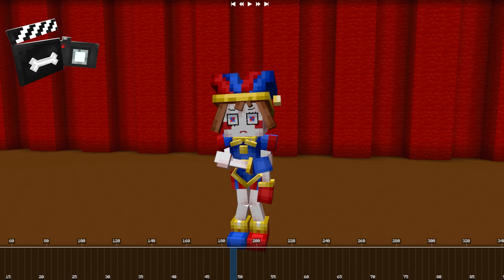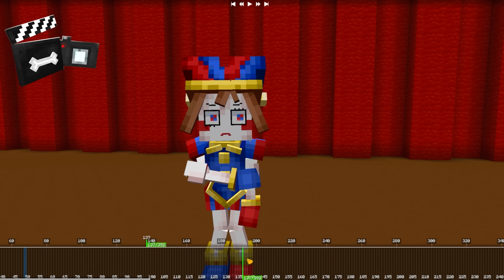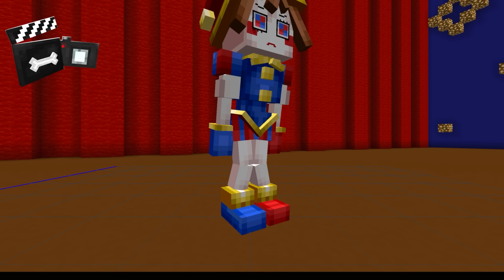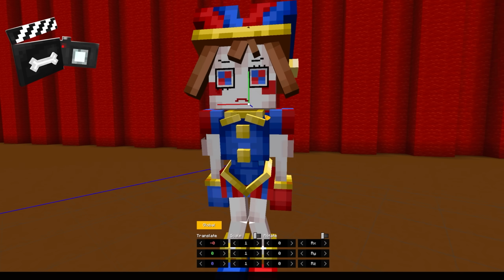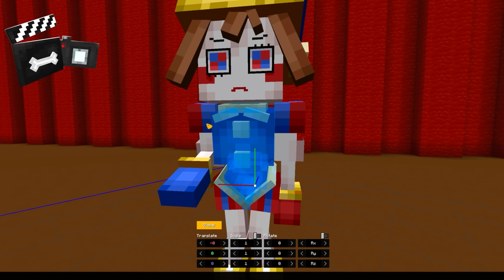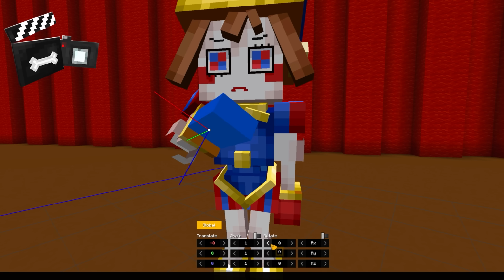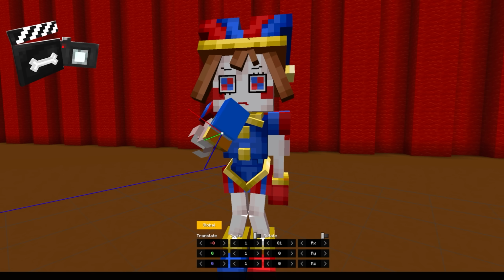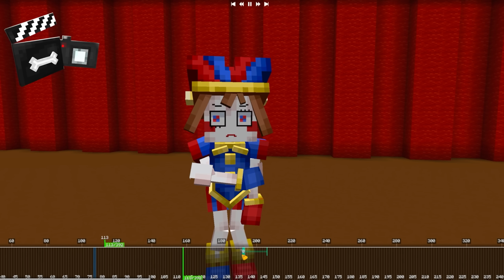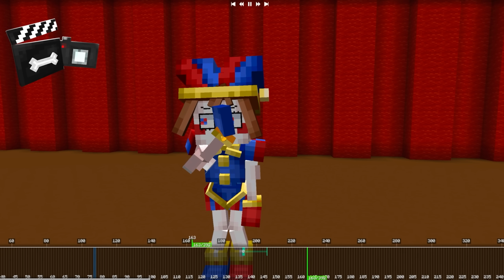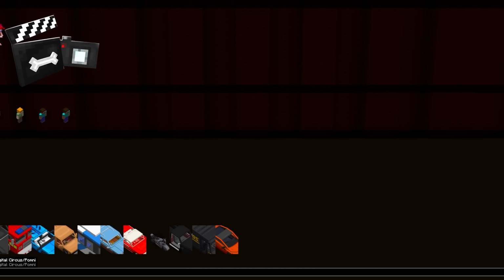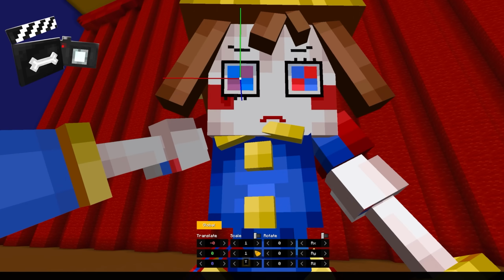Coming here to this Blockbuster editing timeline, I can select Pomni and I can edit her position. So for example, when she says the first swear word, she puts her hand to her mouth. So it's just moving her little hand up here like this, moving it here covering her mouth, and I activate the animate option. When we return here, she will be standing still and the animation will be ready. So that's what I did. I created several different animations for Pomni to make her movement very fluid. And well, the recording of Pomni is done.